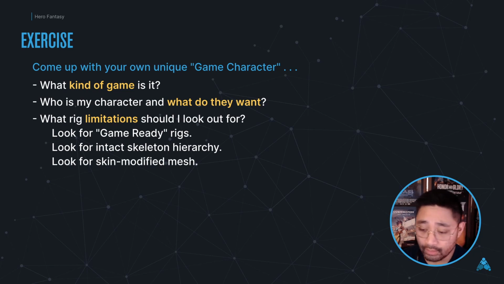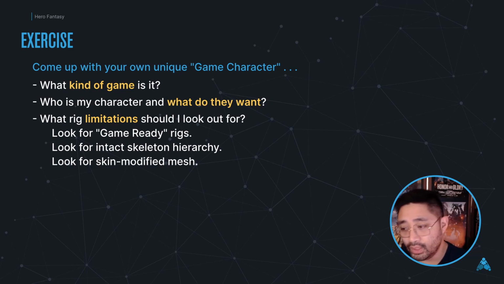So if you decide to walk through the Unreal portion of the exercise, it's important that you use a rig that's game ready, right? There are a couple of things that denote whether the asset is game ready or not. But when you look through all of the resources and assets that you can find for yourself, try and make sure that somewhere in the description it says it's game ready.